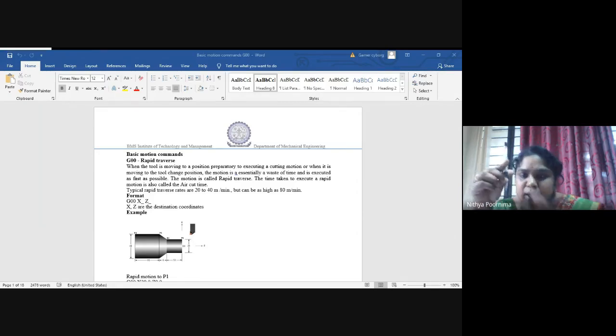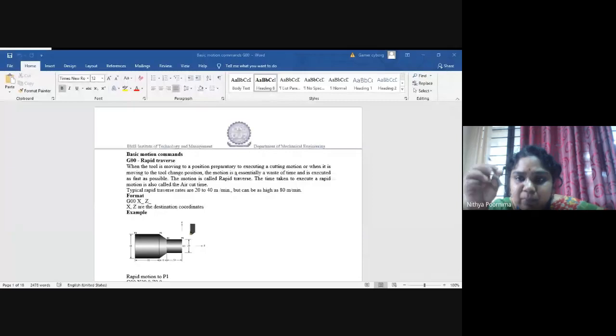Now the tool is going to do a turning operation, removing 2 mm thickness, right? It starts from here and moves from one end to the other end. The length will be 50 mm, and assume the diameter is 50 mm. After it has removed 2 mm, the tool will revert back and go back to the home position.